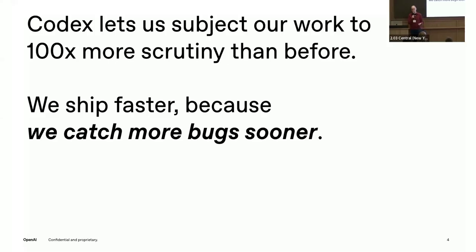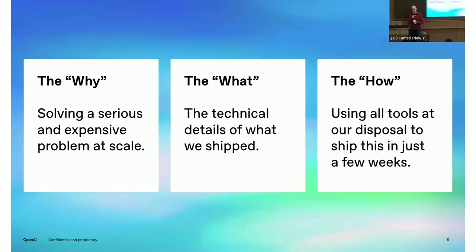That's huge. So this talk has 3 parts. I want to walk you through each of them. So this is going to be the why, the what, and the how. The why is about convincing you that there is a problem to be solved. Okay, so we're going to talk about why this is very expensive and very serious. Won't go away. The what is what actually we shipped. How do we solve this very expensive problem? And then the how is how we actually managed to roll this out in just a matter of a couple of weeks.